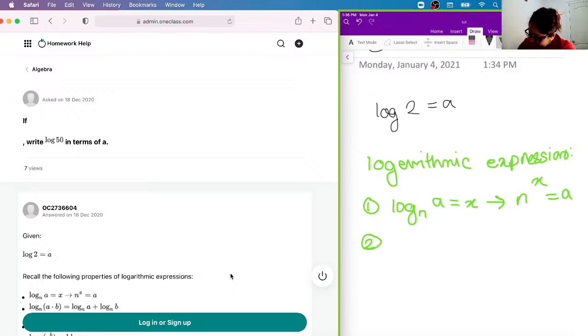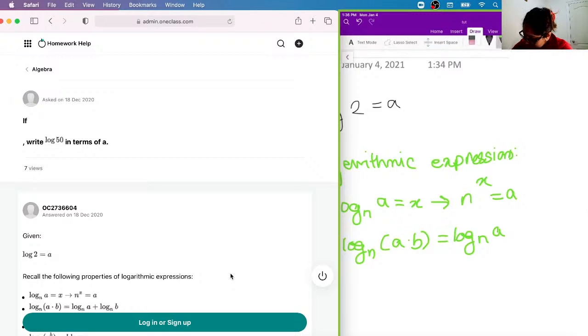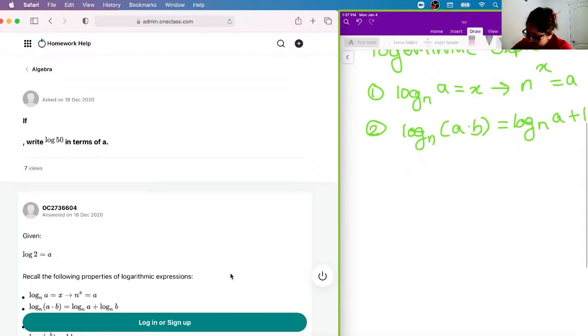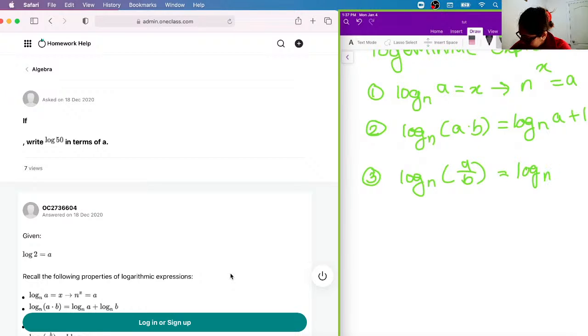Then the next one, we have log base n of a times b is equal to log base n of a plus log base n of b. And the third one, we have log base n of a divided by b, and this is going to be log base n of a